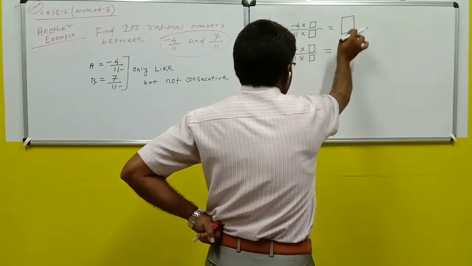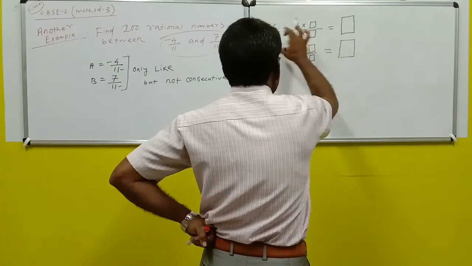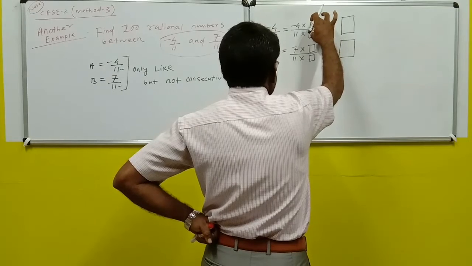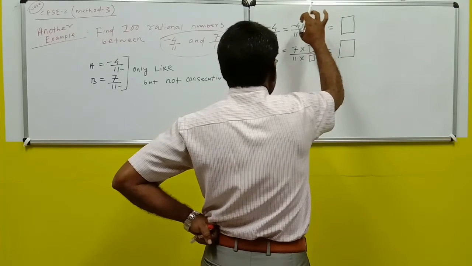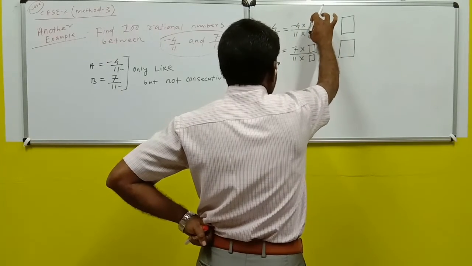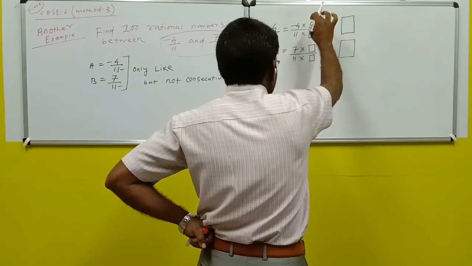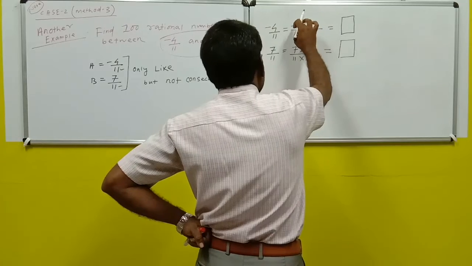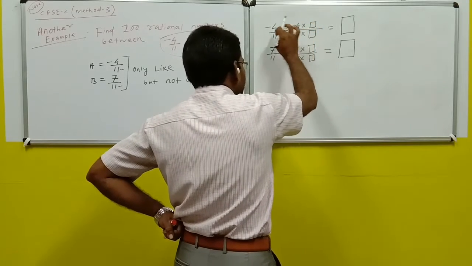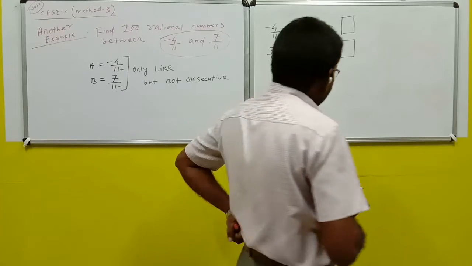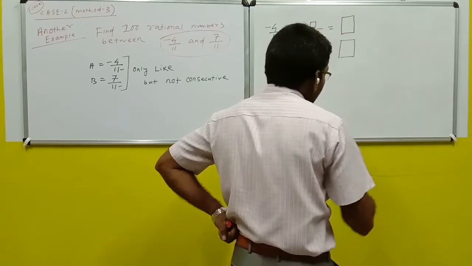So these two will be the equivalent rational numbers of these two. So it is your duty to decide which number should be multiplied here. It is the suitable number. So you have to decide that suitable number, which number will be multiplied by the numerator and denominator of this rational number and by the numerator and denominator of this rational number. And that number will depend upon the formula.